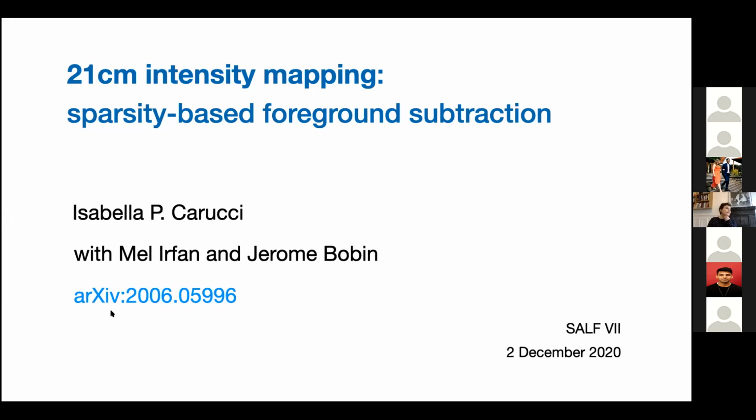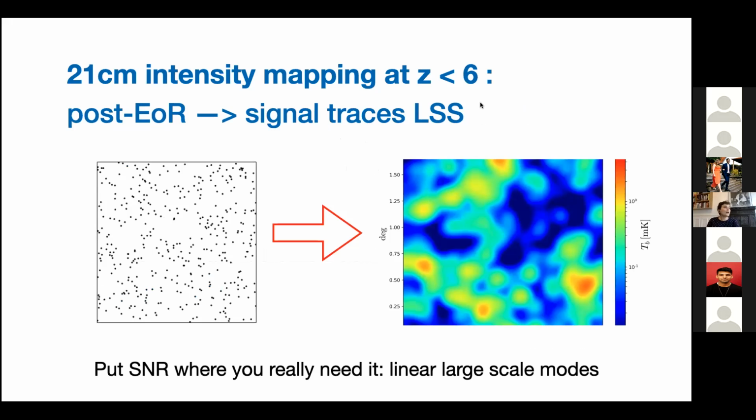And all the plots that I will show, unless stated, will refer to this paper here. So it's foreground subtraction for 21 centimeter, but I will focus on post-reionization intensity mapping. So we're not looking at the signal from EoR, but still it is interesting to perform such surveys with the idea that after reionization, all the HI that is emitting 21 centimeters is clustered in the galaxies, in the denser environments. And so by performing intensity maps of it, we can study the large scale structure of the matter and